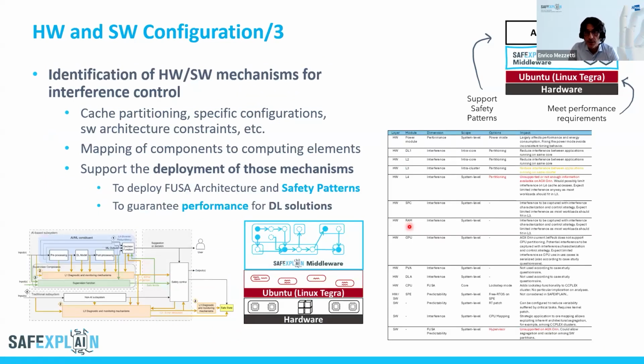So we've been identifying a set of mechanisms that can be deployed on this particular setup, including, for example, the partitioning of some of the cache layers, specific configuration in the platform, and also some mechanisms that can be enforced at the software architecture level, for example, by defining which components are going to execute together or on the same set of computing elements. So here the problem is to provide a nice way to map the components in the system, all the elements we have in the safety pattern, in the functional safety architecture, on top of the